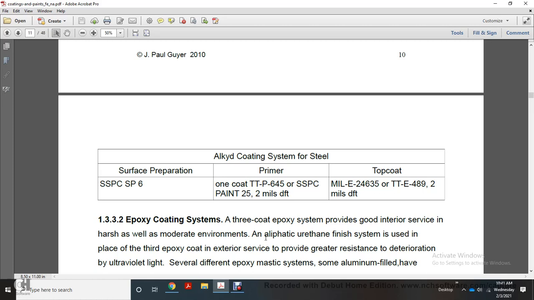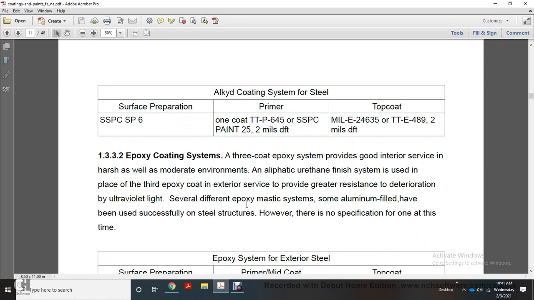Surface prep to SSPC SP6, one coat primer, and then the top coat. Epoxy coating system: a three-coat epoxy system provides good protection for interior surfaces in harsh as well as moderate environments. An aliphatic urethane finish is used in place of the third epoxy coat on exterior surfaces, providing greater resistance to deterioration from ultraviolet light. Several different epoxy mastic systems